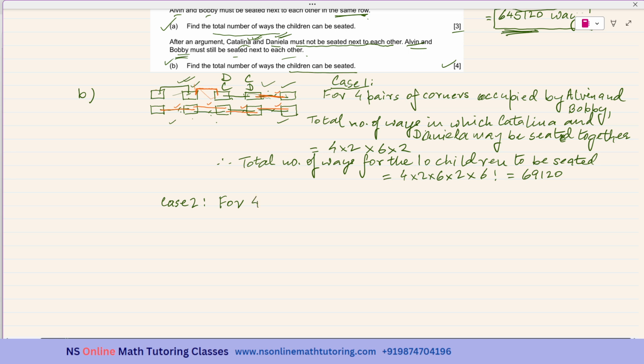For 4 pairs of middle seats occupied by Alvin and Bobby,